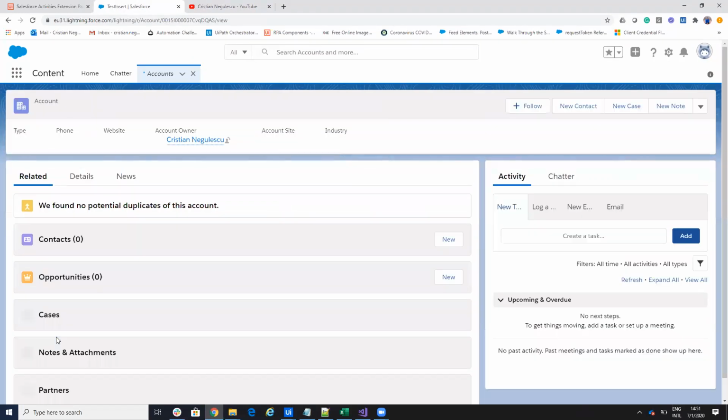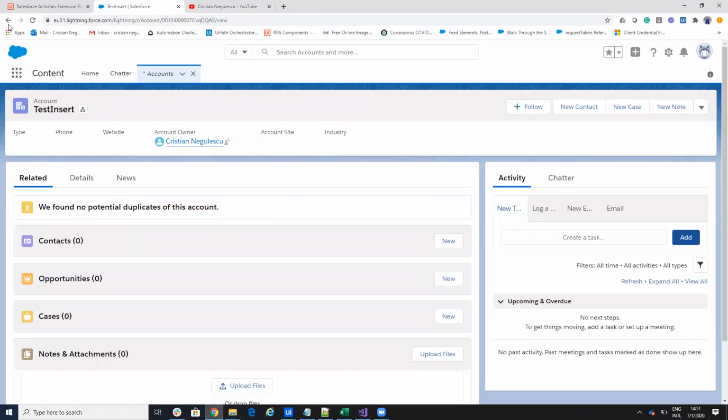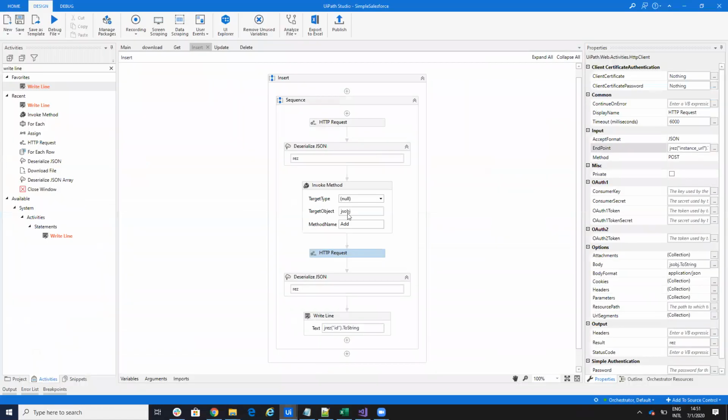So this is the account that I created. Now, if I want multiple parameters, I will copy and paste multiple invoke methods, and I will put multiple parameters.